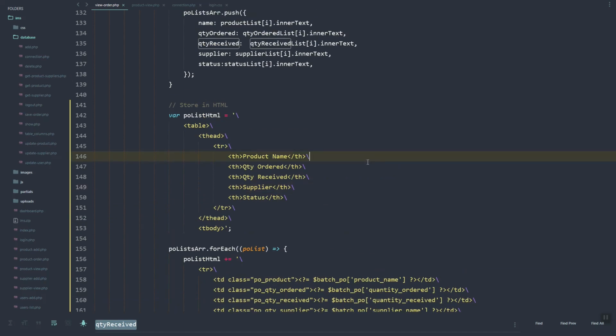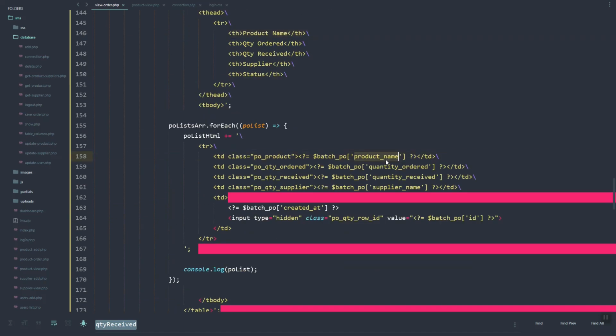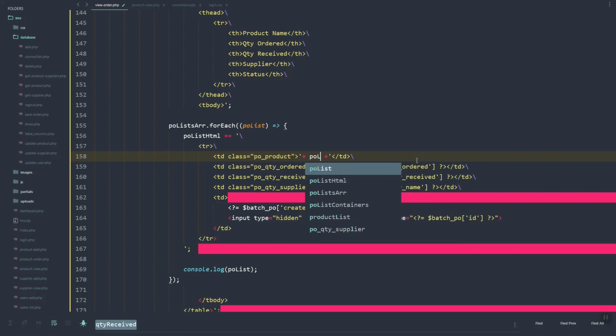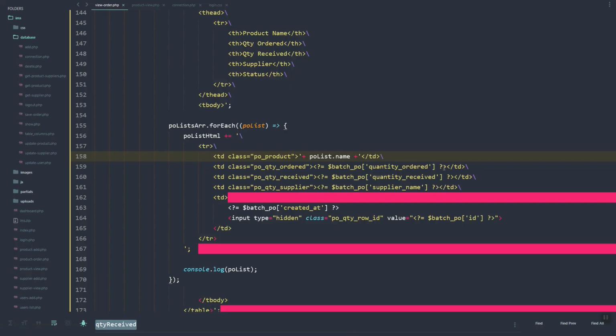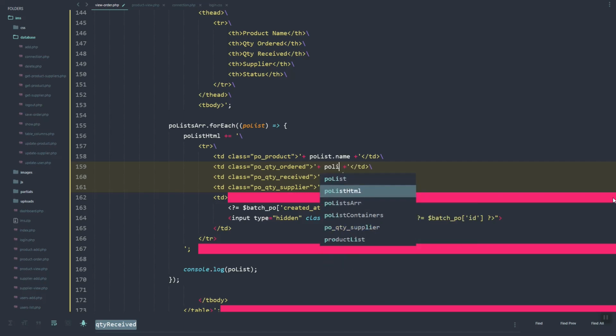So here we have the product name. So instead of this one, we'll just use the object. So PO list dot name, quantity ordered, quantity received, the names are here. We can just use PO list dot name, but we're going to